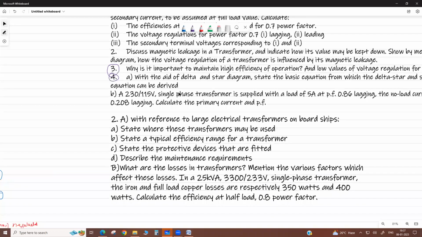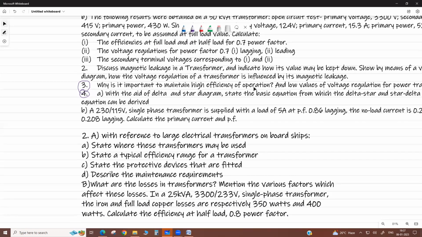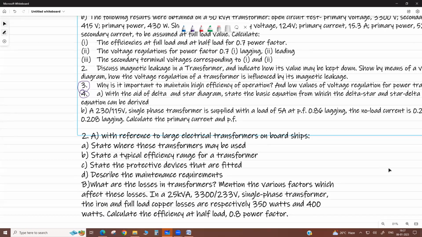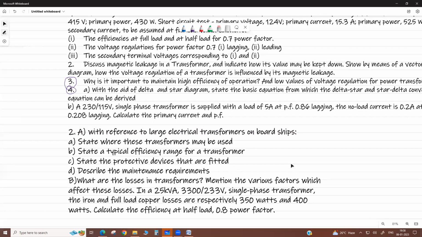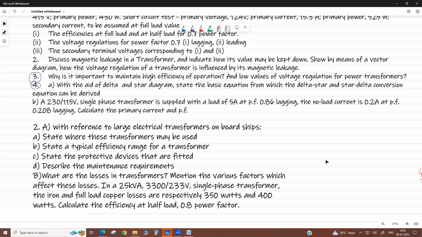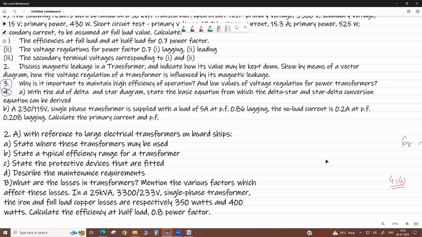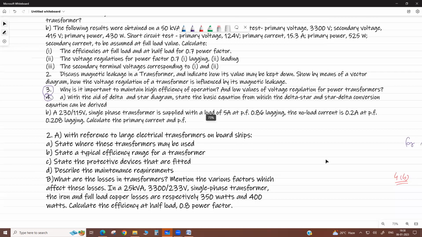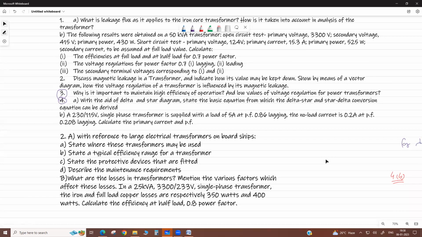See here, why is it important to maintain high efficiency? If efficiency is high, it means losses are low. Losses are low means there is a saving of energy. Your electricity bill for your factory or plant is reduced. Correct? Second, when losses are high in a transformer due to low efficiency, then there are I square R